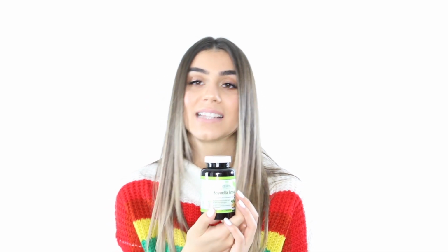Speaking of practice, I had to take this a lot from practice. This is Boswellia Extract, and what this does is it's an insane anti-inflammatory. So this past school season, I either broke, jammed, sprained, I don't know what I did, but I hurt my ring finger super badly, and it was super inflamed. And I took this kind of on a routine basis. So I took 1 of these, 2 of these every single day, and it really brought down the inflammation,